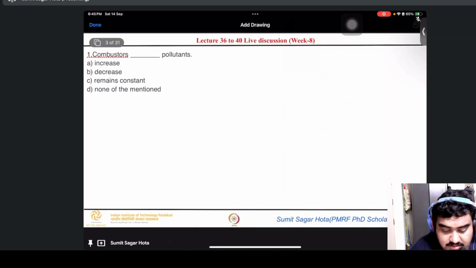What is the work of a combustor? A combustor always decreases the pollutants, so that the fuel will completely burn. Inside the combustor we always aim to combust the fuel 100%, or complete combustion